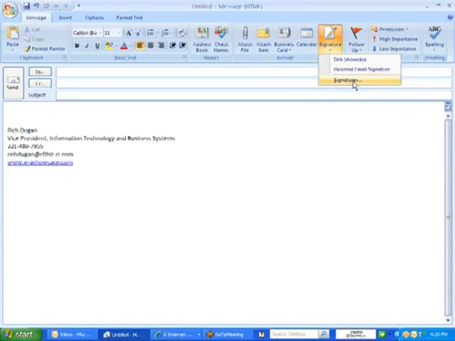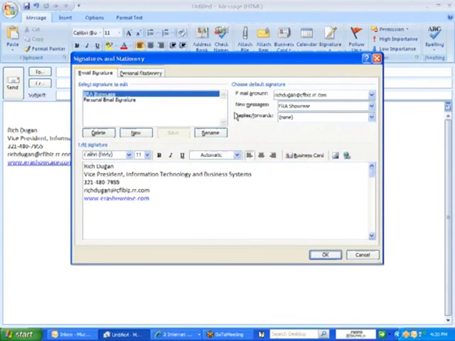One more thing I want to show you in here is under the settings of signatures, you can actually choose what your default signature is over here on the right. So for my email account, Rich Dugan at CFL Biz, all new messages will default to the ERA Showcase signature, which is my business one. If I wanted to change that and have all my defaults appear as my personal signature, I could change that